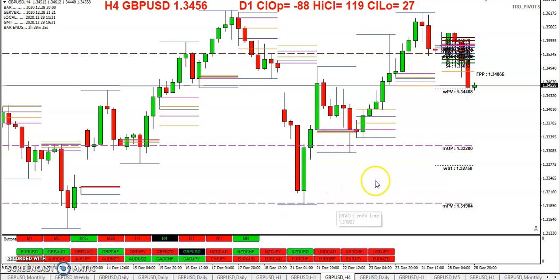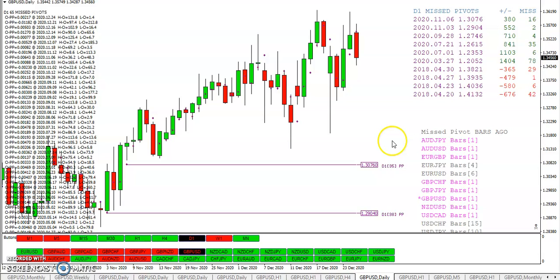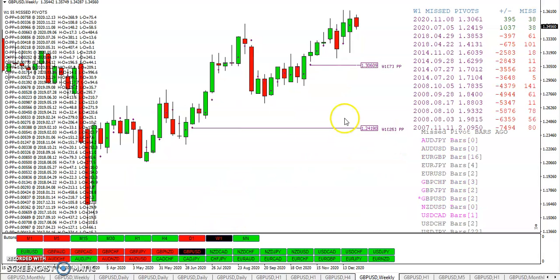Now, let's see. On the pound here, here's that weekly pivot that I pointed out last night. You can see we hit it. So any of those taking those trades, you were rewarded handsomely. Now, does this happen all the time? No, it doesn't happen all the time. But as I had mentioned yesterday,